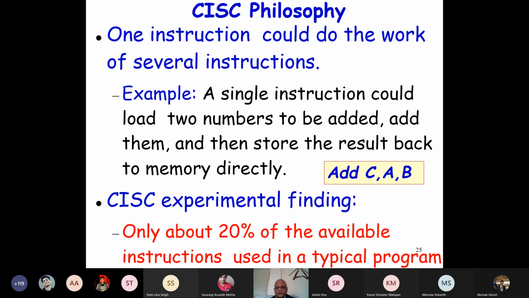If two numbers could be directly fetched from the memory in one instruction, the number of instructions is important, right? If you could write only 100 instructions and your program works, you are a good programmer, and the processor will work fast. Therefore, each instruction will have memory operands. In the same instruction, data will be fetched from memory, operated on, and the results stored back in the memory directly. That was the requirement. So these are memory operands. A, B are memory locations. A, B are added and the result is stored in C.